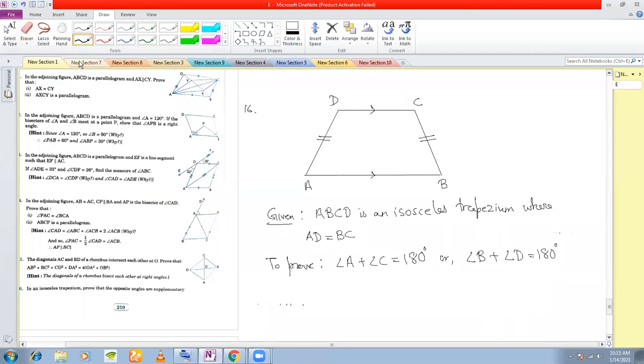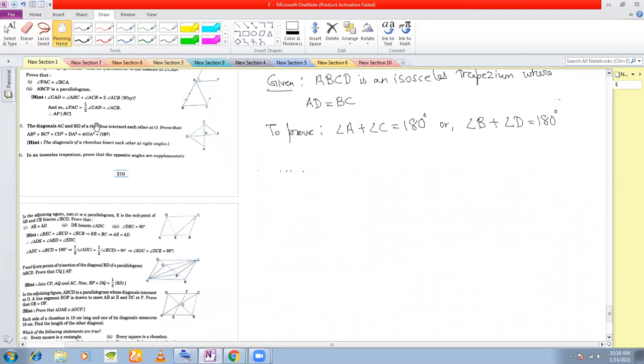because you know that the sum of the angles of a quadrilateral is 360 degree. So whether you show angle A plus angle C is equal to 180 degree, or whether you show angle B plus angle D is equal to 180 degree, they are both the same. Fine. So let us now proceed how to show. Let us see what the properties are.